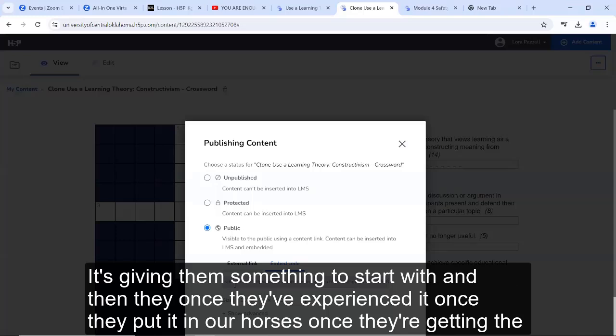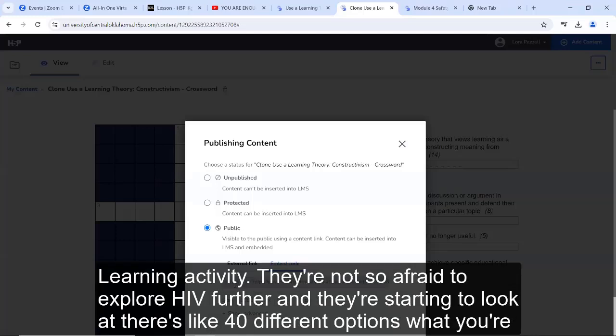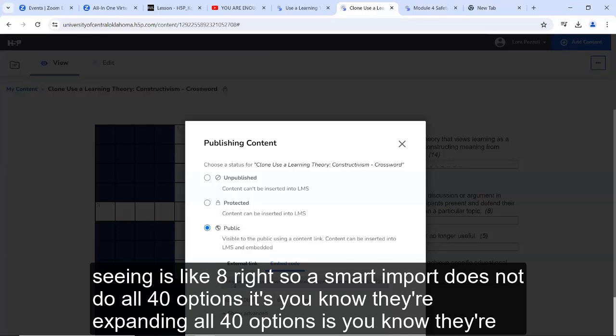And then once they've experienced it, once they've put it in their courses, once they're getting the feedback from students that it was a really fun and engaging learning activity, they're not so afraid to explore H5P further, and they're starting to look at, there's like 40 different options. What you're seeing is like 8, right? So Smart Import does not do all 40 options.